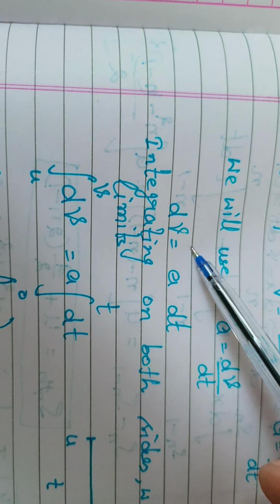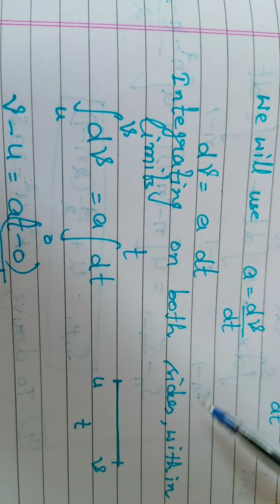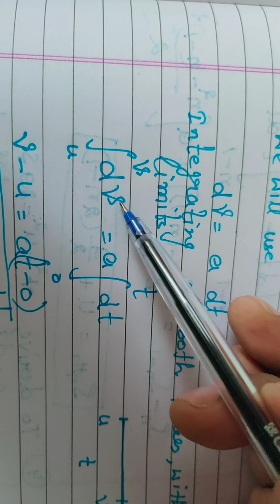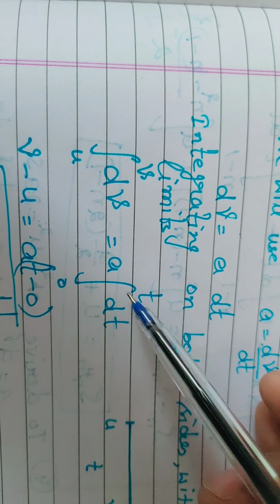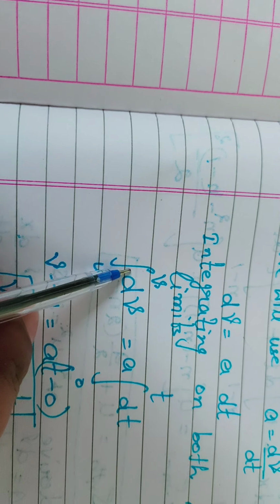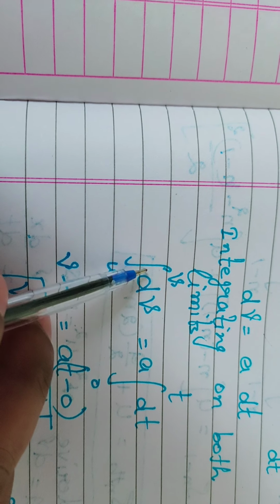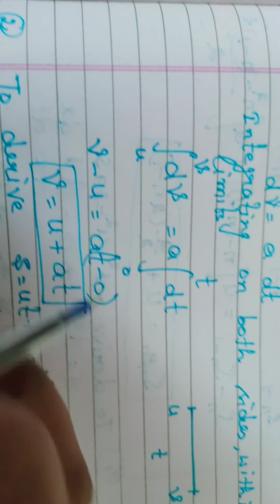After cross multiplying it, differentiate, that is, integrate it. After integrating, choose the limits of velocity u to v, limits of time 0 to t. You know that if there is no power of v, it means it has a power of 0, so it will be v to the power 0 plus 1. Use this formula,